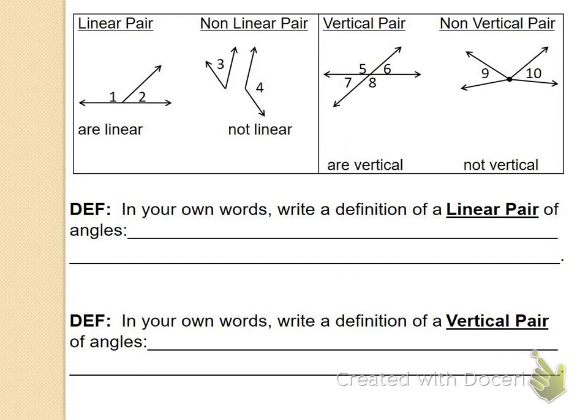All right. Some more relationships. Linear pair and vertical pair. Very different, although they seem to be formed by the same thing, but they're not. Right? So, in your own words, write a definition of a linear pair. Well, it's kind of tough through a video, so let's take a look. Here's a linear pair. These guys are not. So, what are you starting to think about as far as what a linear pair might be? Well, the difference in those two pictures is that a linear pair appeared to need to be adjacent. So we're looking at two adjacent angles,